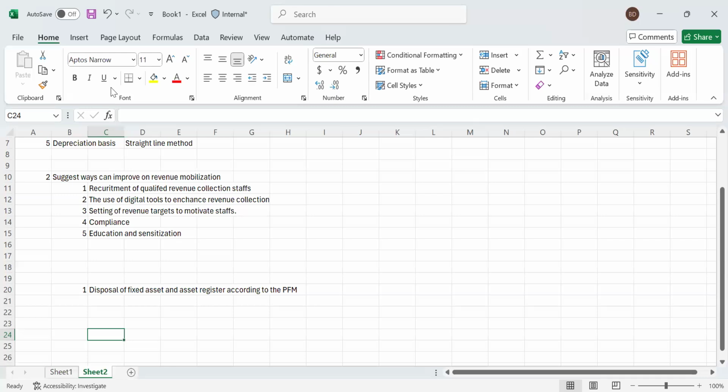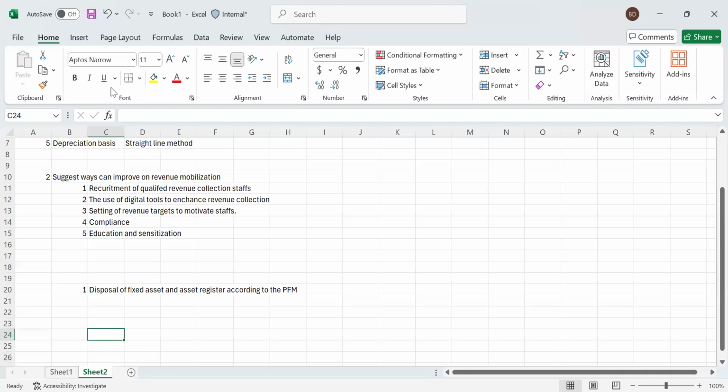The Public Financial Management Act. Please, if you don't know the specific provision, leave it. Don't go and quote a provision that is wrong. That one you lose marks. If you don't know the section, just leave it like that. Don't go and quote your own section. No, that's not how it works. Maybe you can't remember the specific section. Just leave it and write what you remember about that section without quoting it. If you can remember it, fine.